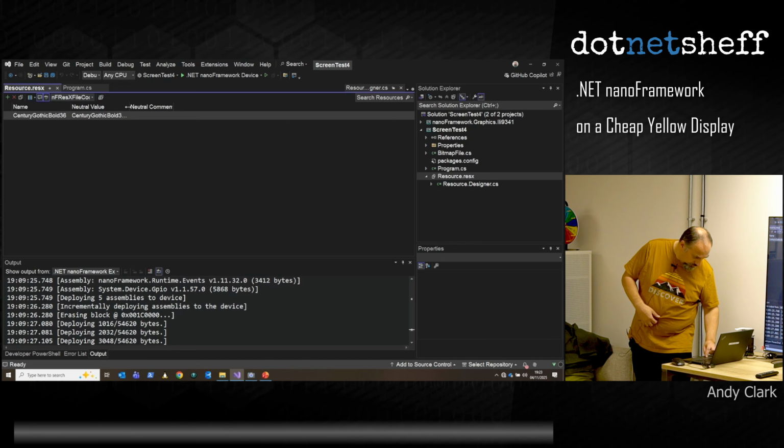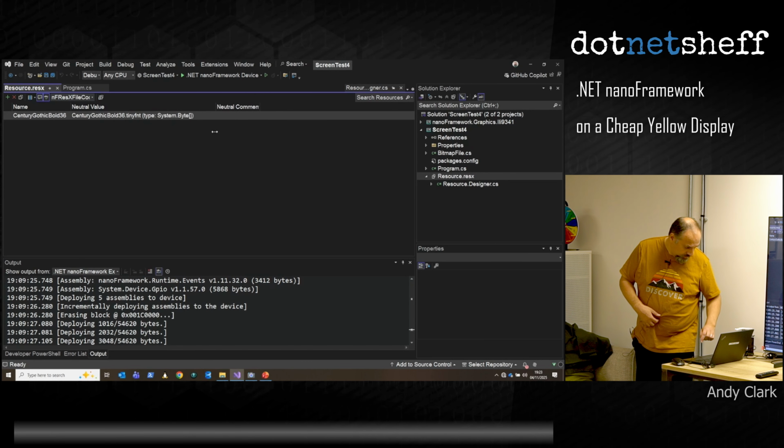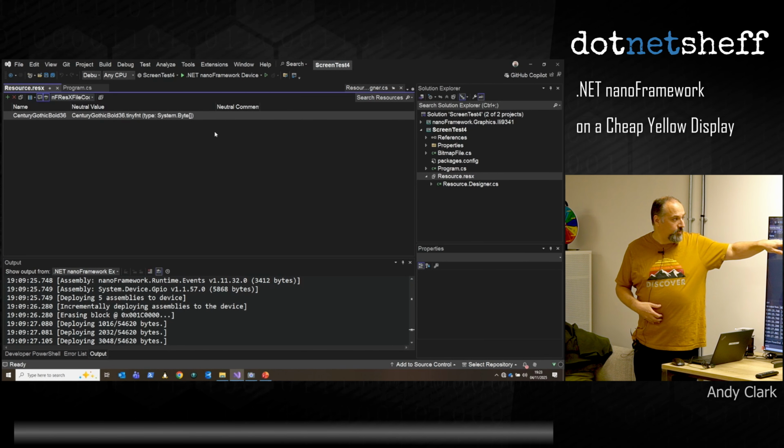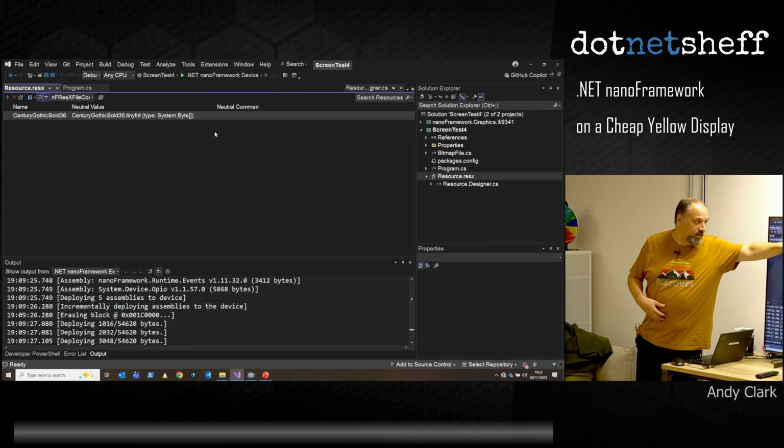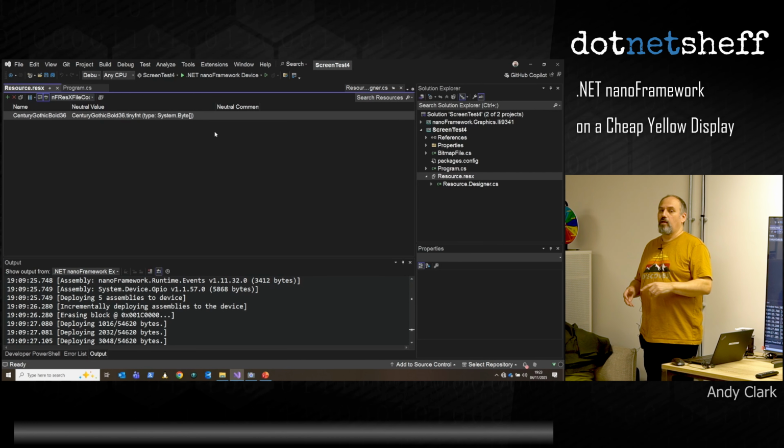So there we got a resource there. So I've got Century Gothic bold 36. So the 36 is font size, bold is bold. And you'll see it's a tiny font type, and it's a bunch of bytes basically. So tiny font is a standard that people have put together